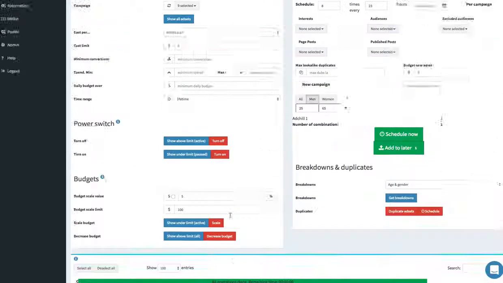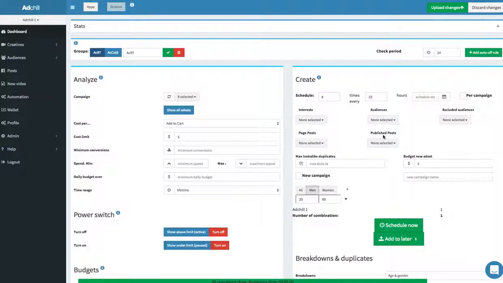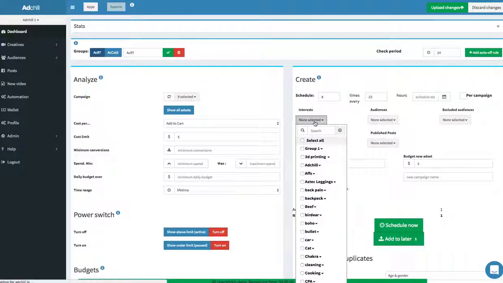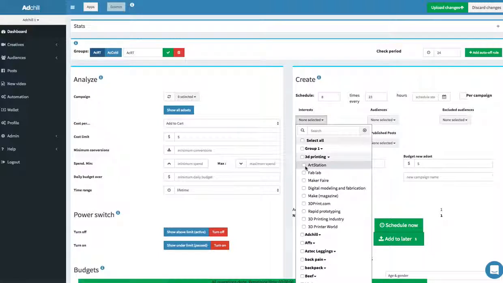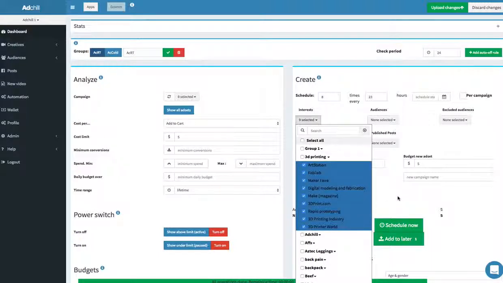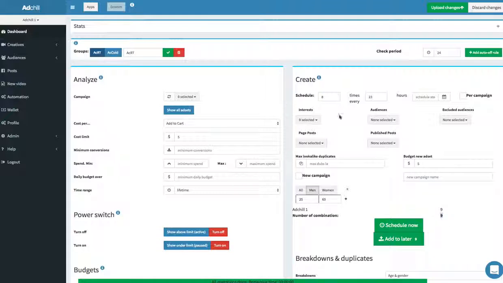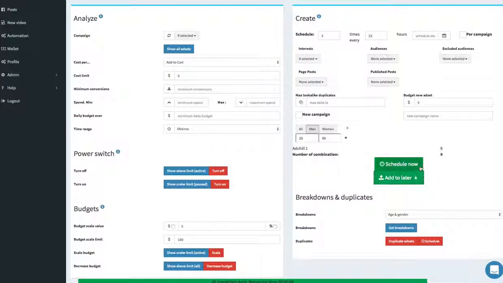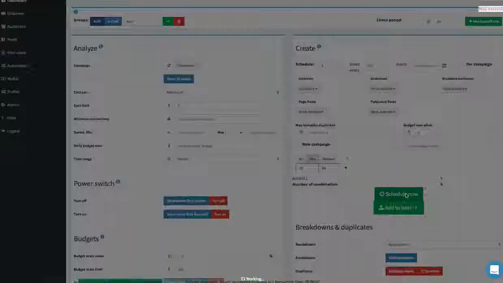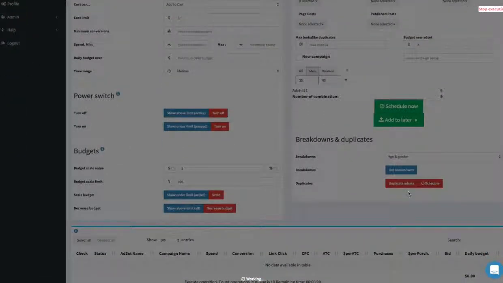I'm going to simply select this, right? And then I'm going to pick those interests that I have right here that I just created. Boom, 1, 2, 3, 4, 5, 6, 7, 8, 9, 10. Or 9 of them, right? I could even schedule, like 5 today and 5 in 24 hours. I'm gonna make them all $5. And then watch this. I'm gonna create, just like that, I hit schedule now, and it create 9 new ad